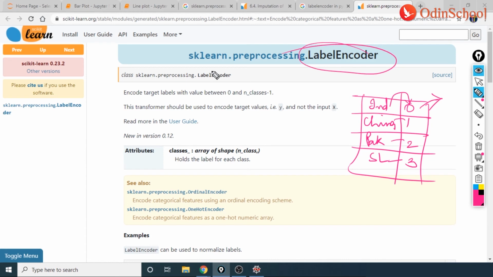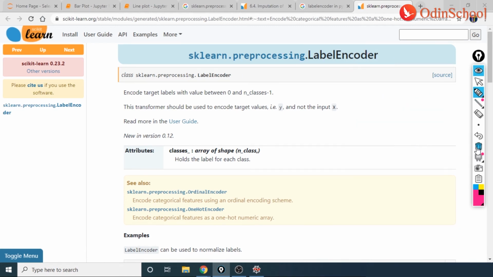Now here again this is a two-step process wherein you have ordinal encoders and you have one hot encoder. Both of them are different. Label encoding is different from ordinal encoding, which is different from one hot encoding. They're not all the same, but more or less all of these try to normalize the labels, or try to give a non-numeric value a numeric value. So things like these is what we do when we work on label encoder, right guys? So now let me also delete this.